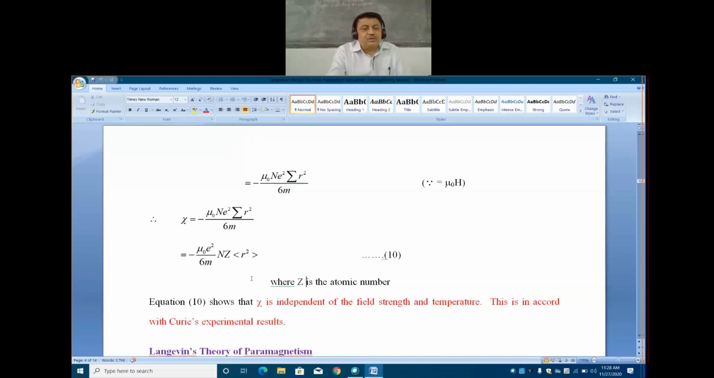And this expression we have derived, that is susceptibility chi is equal to minus mu naught e square by 6m n Z and average value of r square, that is Langevin's expression. Derivation means you have